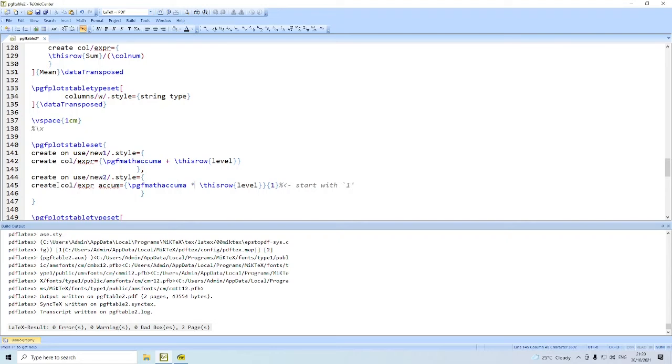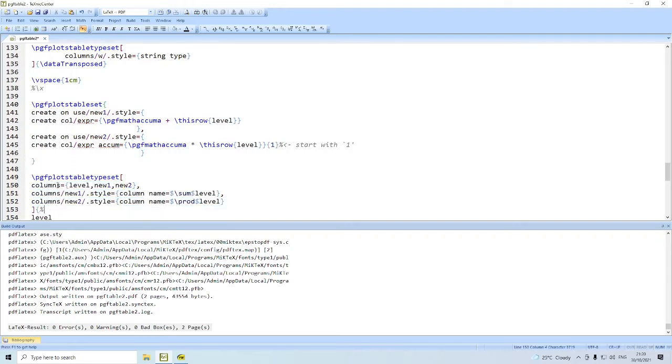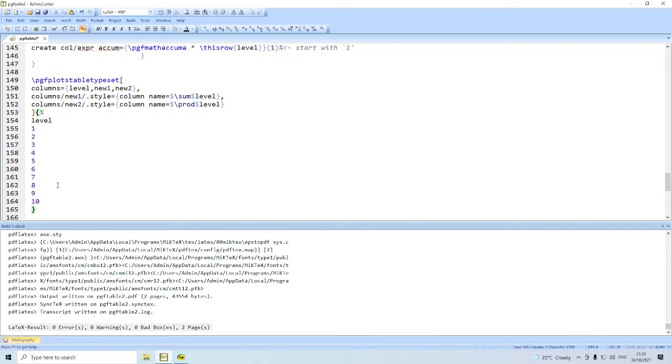Here we use the star, therefore we have the product. Remember, since we are using here the expression accum, we have to have here the starting number. And then we typeset the columns. And this is the table that we supply.